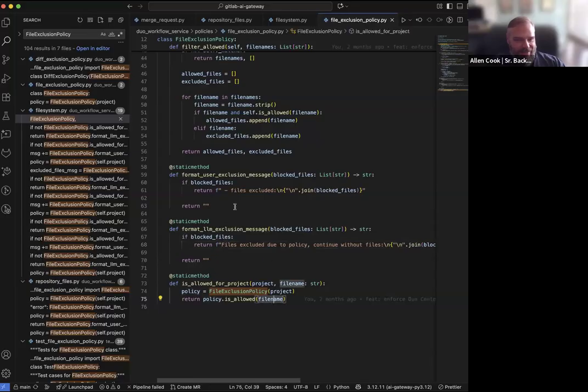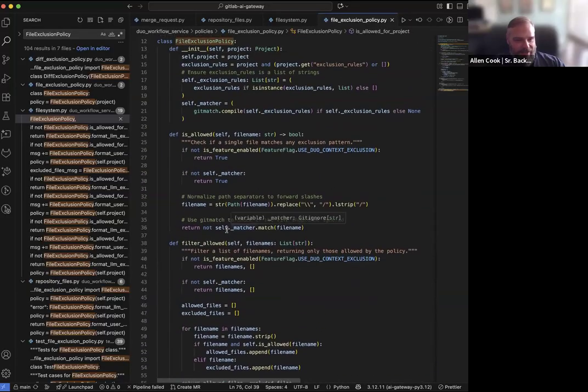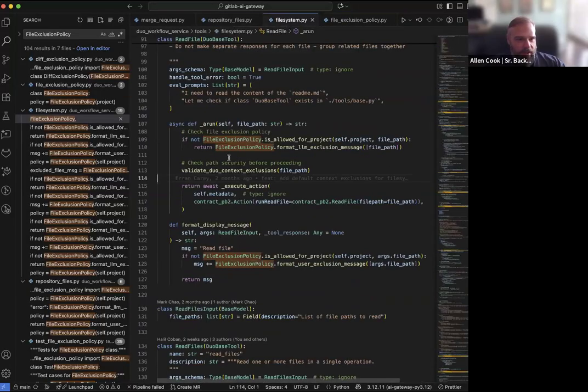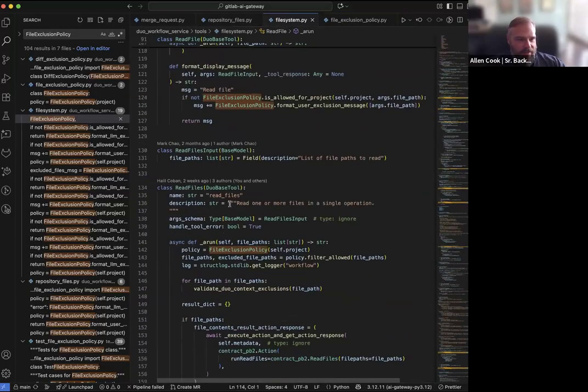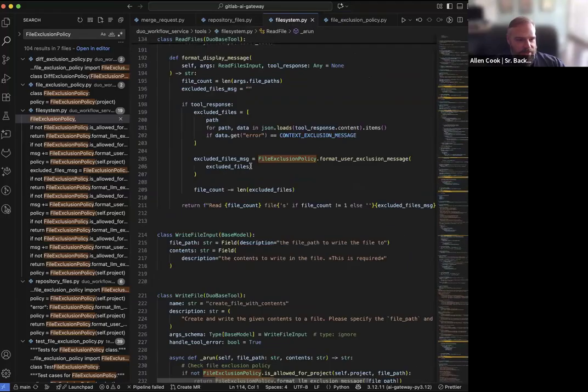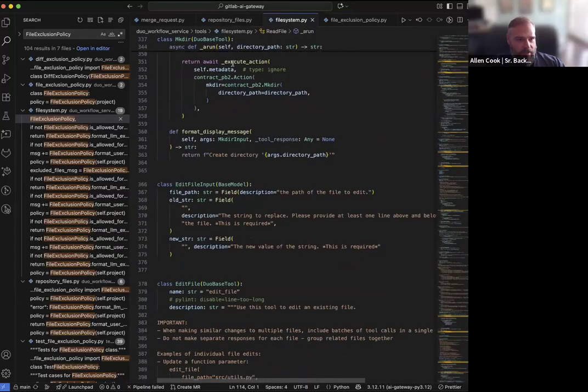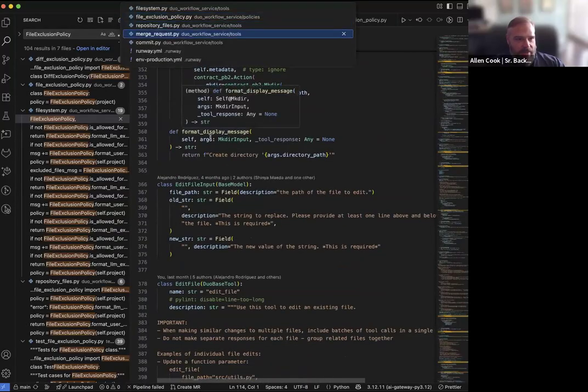Which I thought was pretty fun when I was testing it. But yeah, the read file implements this. Read file, write file, list file, all that stuff. We also have the